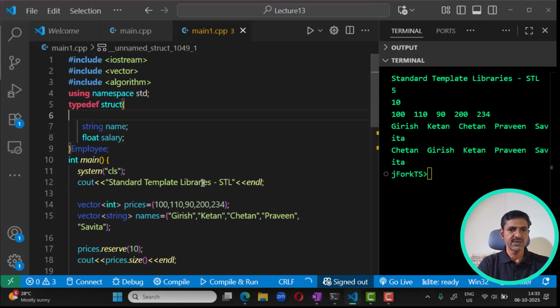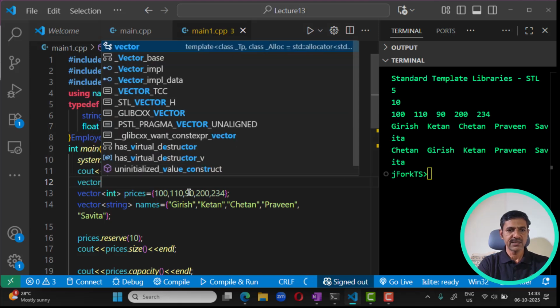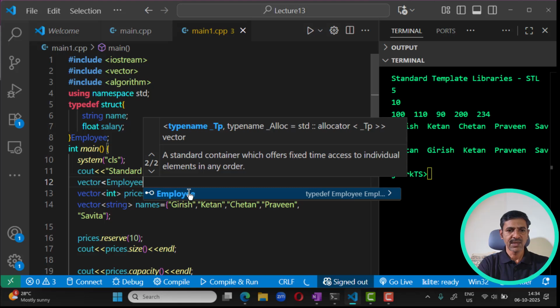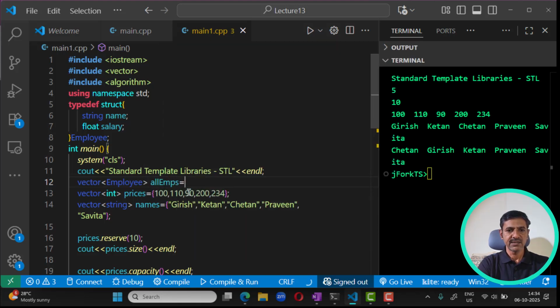So how do you think we should declare a vector containing employee objects? Vector in angle brackets employee, all employees, some variable name, and then if you want to initialize these objects one by one, you can